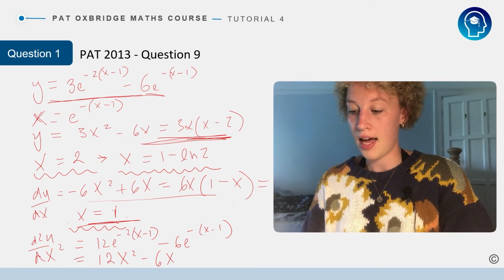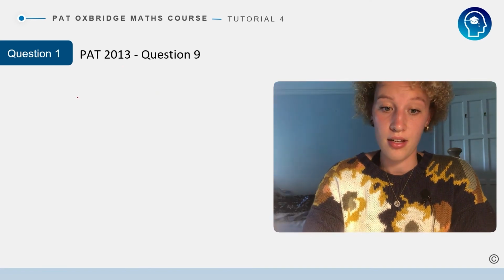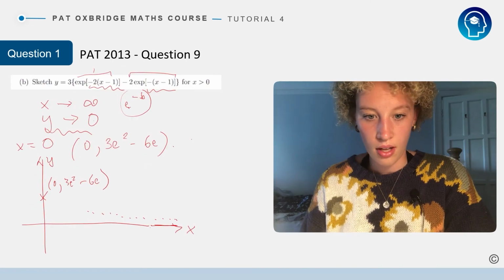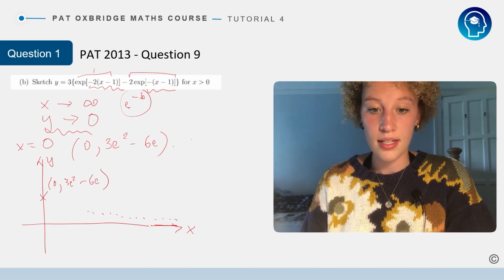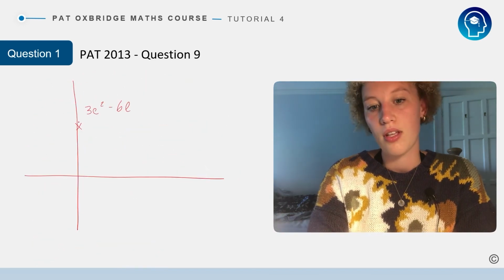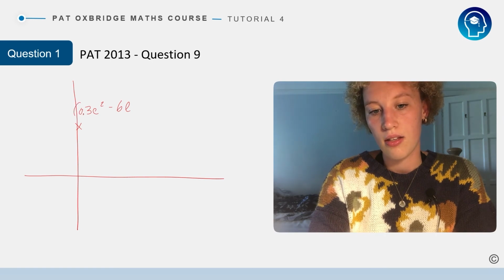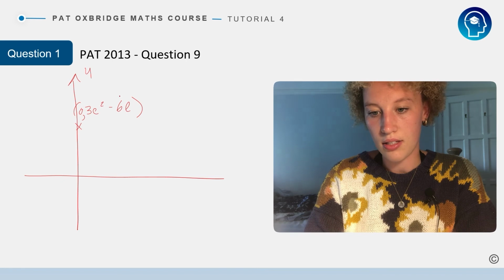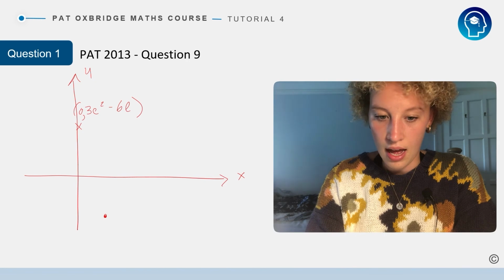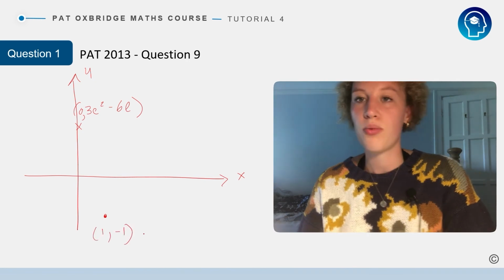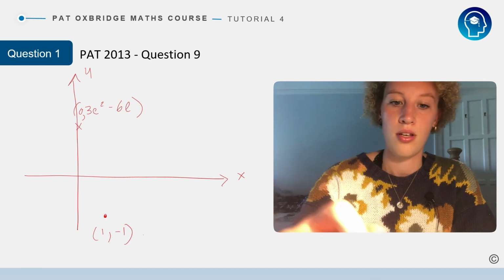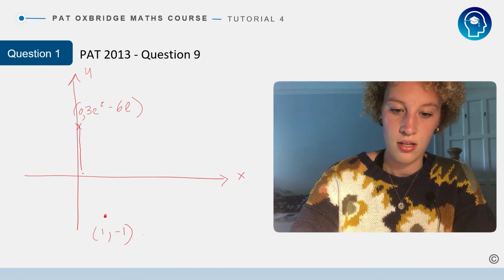So we will find that by putting this all together, we know the intercept here is going to be 3e squared minus 6e. Here, well, that's y, and that's x. And then we know that there's going to be a minimum point here at 1, minus 1, because we just resubstitute our value of x into our original equation to find the coordinates. So it looks something like this,